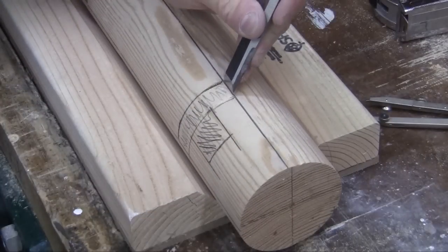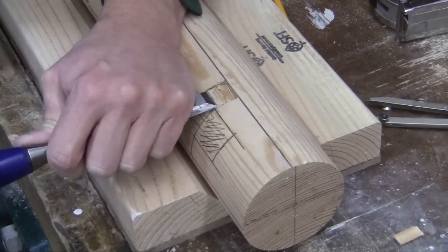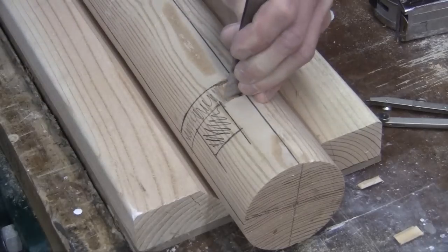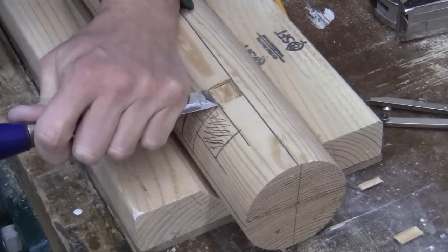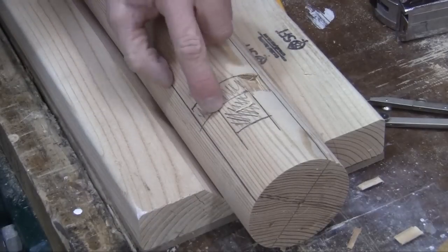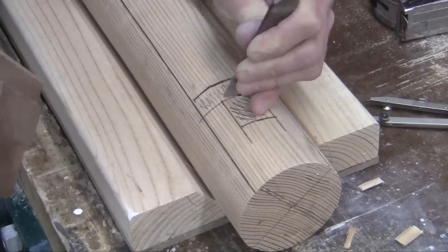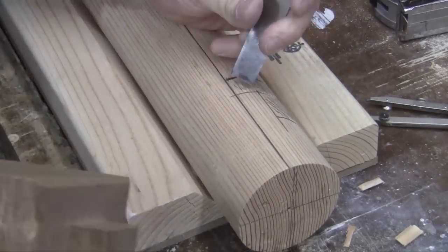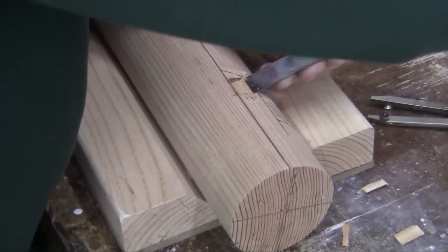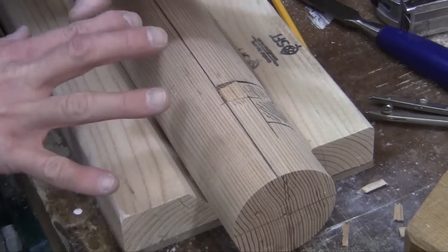And now I'll go with the grain. And I'm going to try and put a flat surface on here. You might have to stake it a few times with the chisel. All right, that's pretty good. Now I'm going to continue staking the lines and do the same thing to this side. Okay, now that I have flat spots on both sides, I'm going to take the jig and set this up